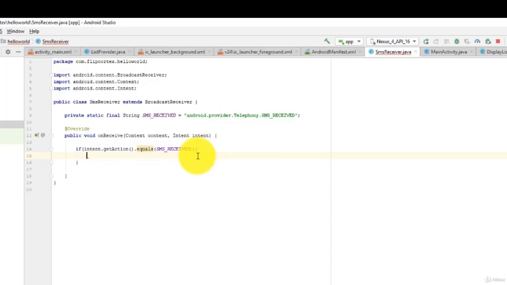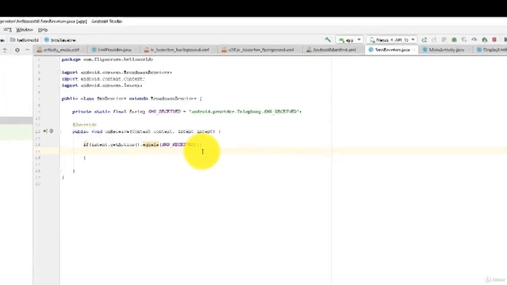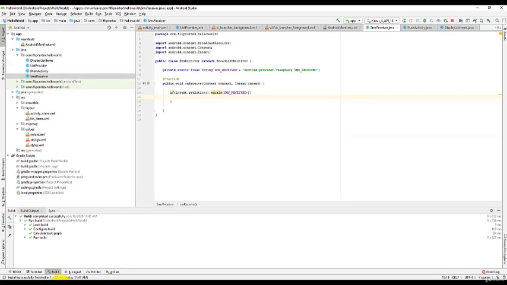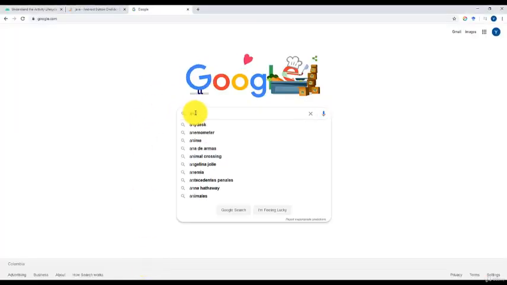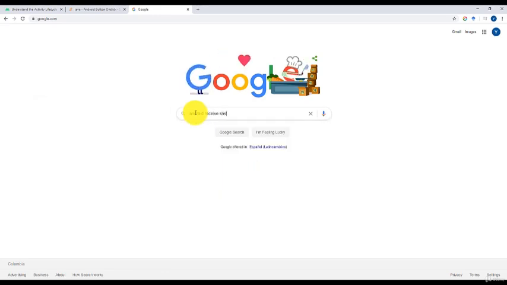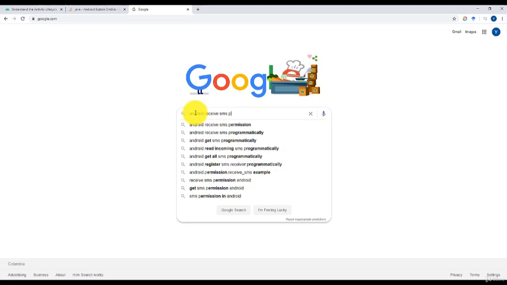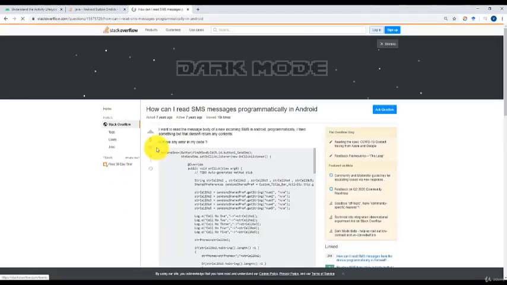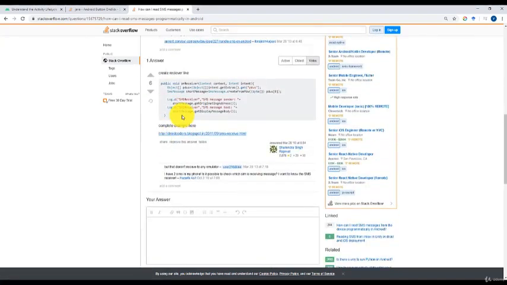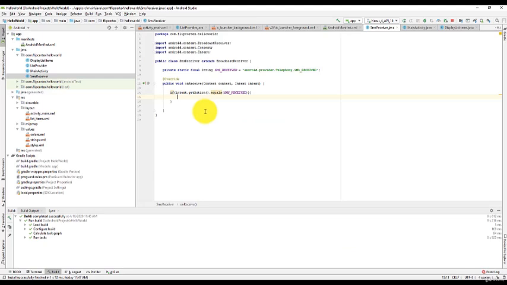Now again, remember that as a developer, you would just Google Android receive SMS programmatically. First answer is usually Stack Overflow. Usually someone is asking a question, then someone provides a correct answer. Find an example that looks right, and copy and paste the content. And fix the issues.